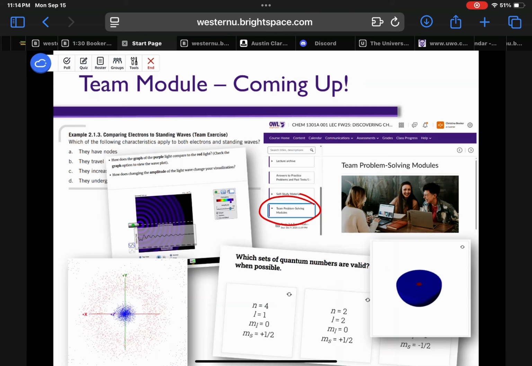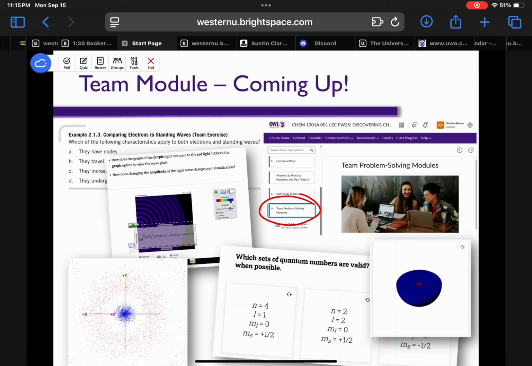You can meet in a residence. You can meet in a library. You can meet on Zoom. You can meet at a cafe. You can meet in the resource room. Wherever you like. These modules have been designed by undergraduate and graduate students and myself to guide you through discussion